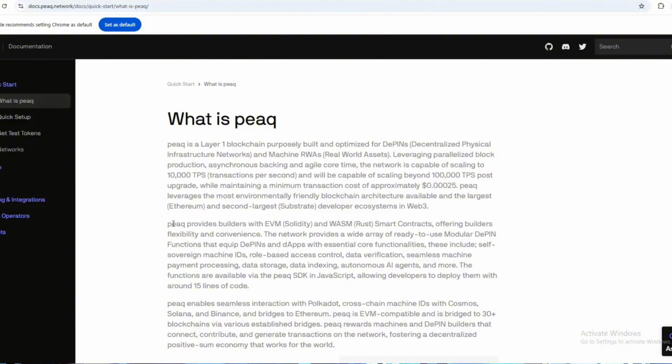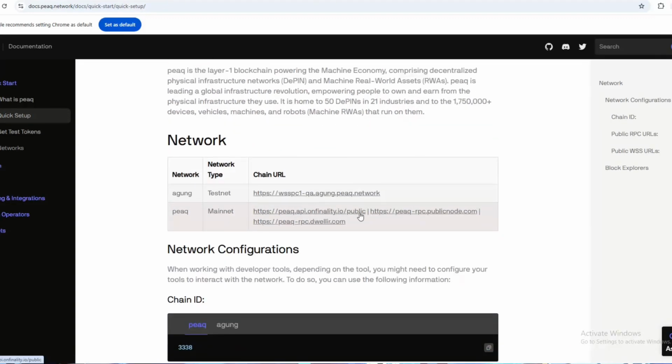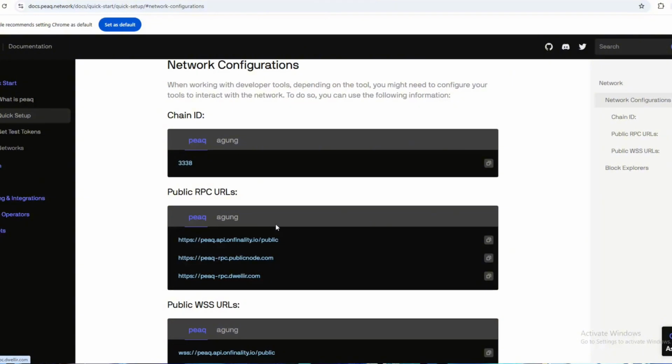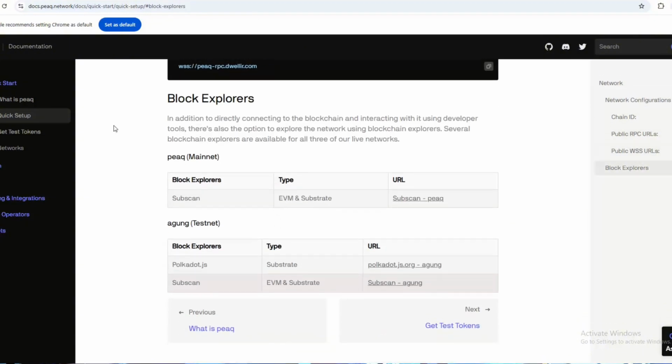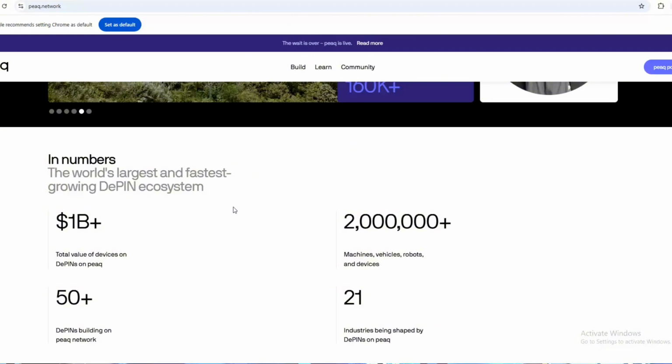So guys, then you can see this is the quick setup, and you can click the quick setup, and this is the network of the again and the mainnet. Okay. So you can see the mainnet and testnet, everything is also displayed. And if I show you the official website, this is the official website of this company, guys. And the company website is, you can see that already, and this is the official key number of the